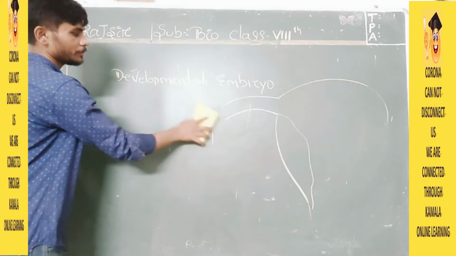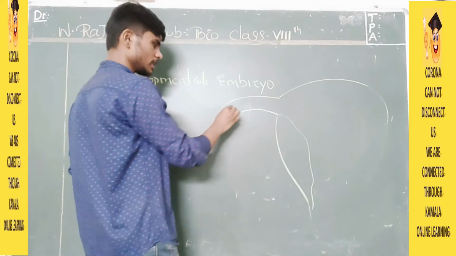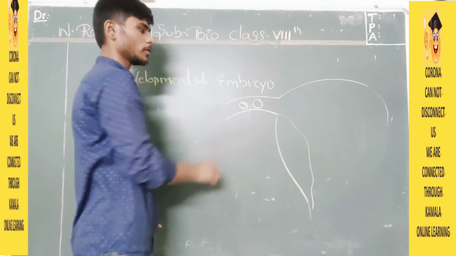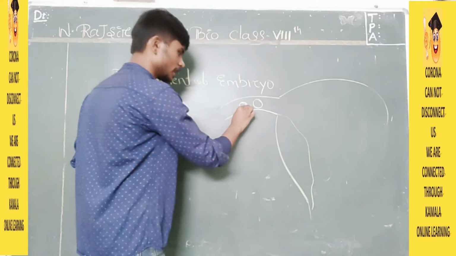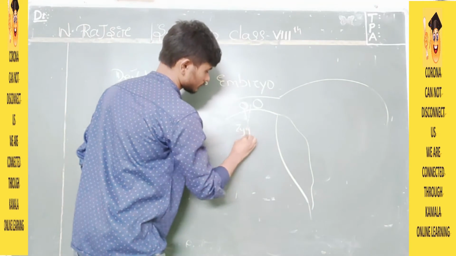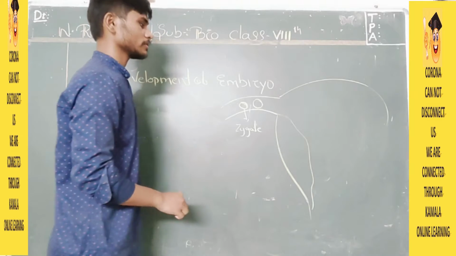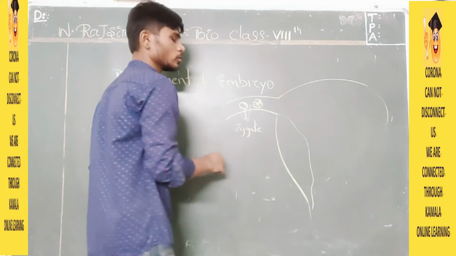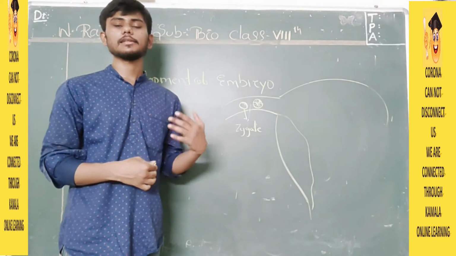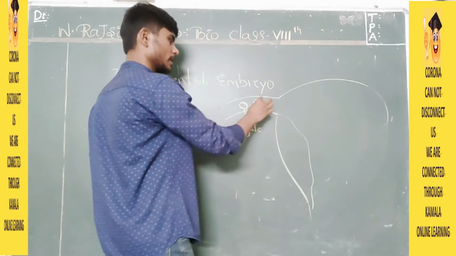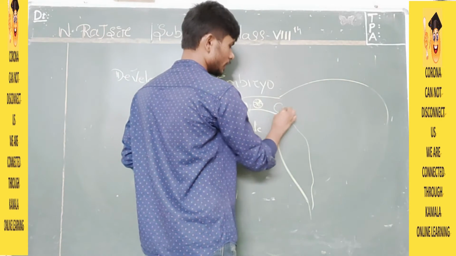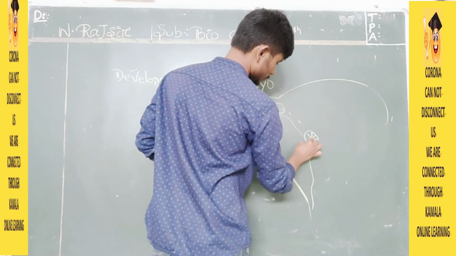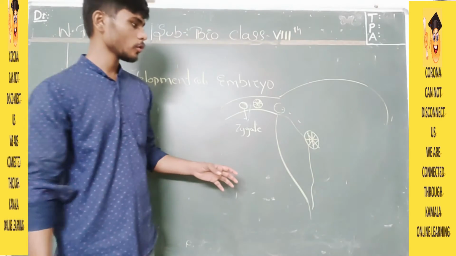Now we are learning development of embryo. When the egg cell comes here, suppose the egg cell came here. Now the zygote forms, the sperm combined, now it forms. This is called zygote. Soon after the formation of zygote, inside it the cell will start to divide. From 8 to 12, then 8, 16, 32, like that it will multiply, and it will grow a little bit bigger. And it will move from here, and it will be connected here at the uterus and start to grow over there.